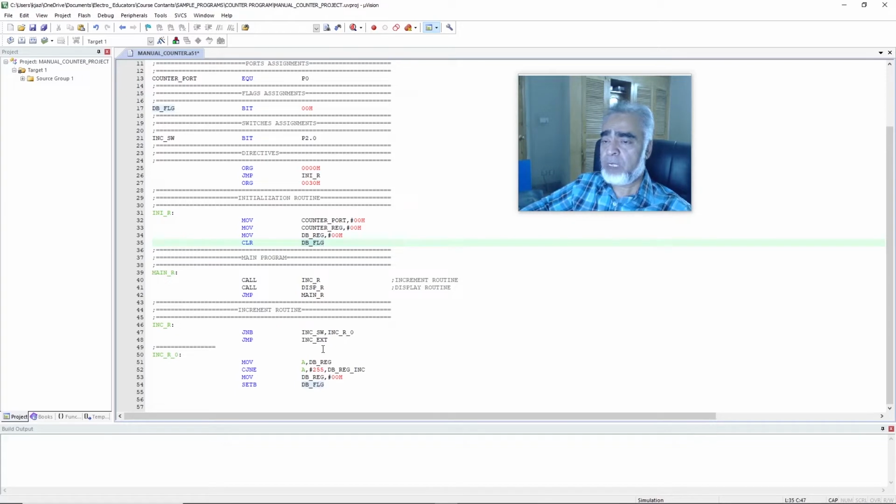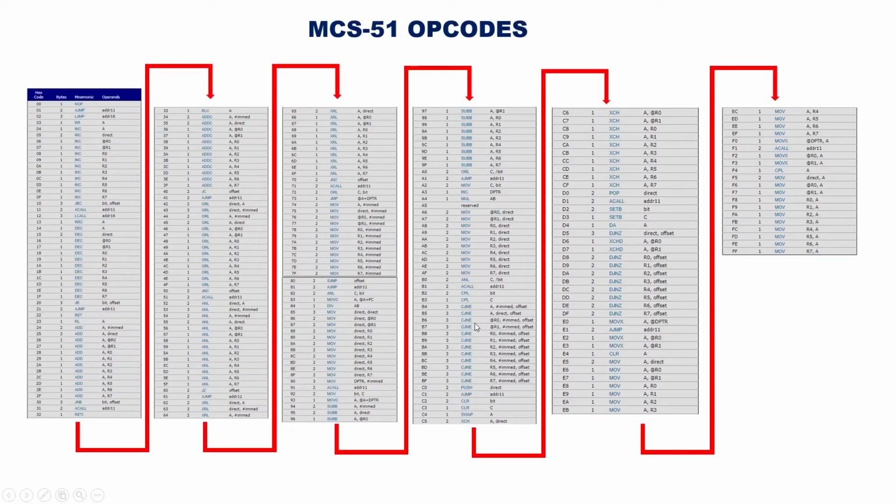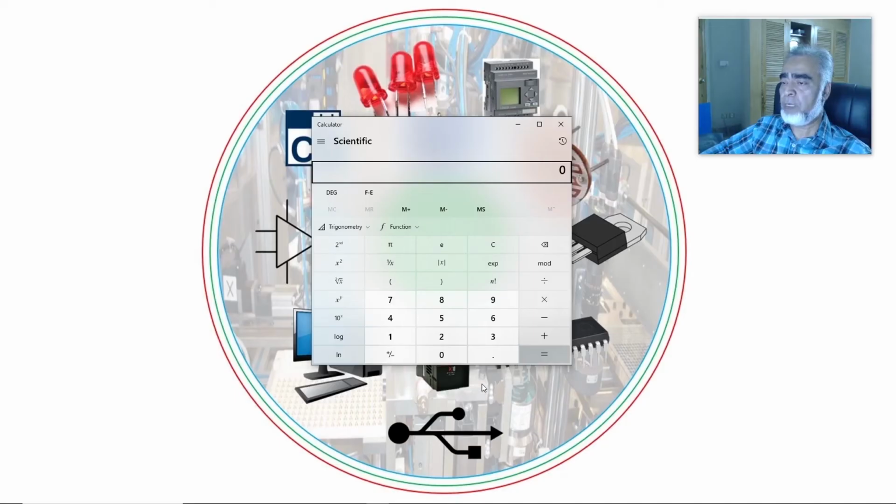So here we have cleared the status of debouncing flag, but here we have set the status of debouncing flag. It means that if we press the increment switch for a time period equal to 256 multiplied by the machine cycles required for the compare jump not equal instruction, and we can check from the instruction reference, here we can check the opcode, that is 85, compare jump not equal, accumulator, direct number, and jump to the offset. It requires 3 machine cycles, and we are using a 12 MHz crystal, and our machine cycle is 1 microsecond. It means that if we compare this number with 255, the length of the delay will be 256 multiplied by 3 microseconds, and here we can calculate the length of the delay, that is 256 multiplied by 3 microseconds,